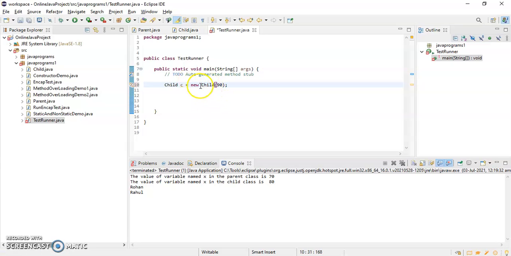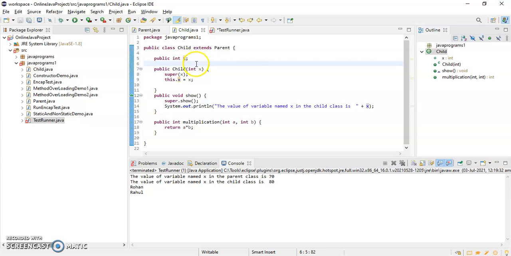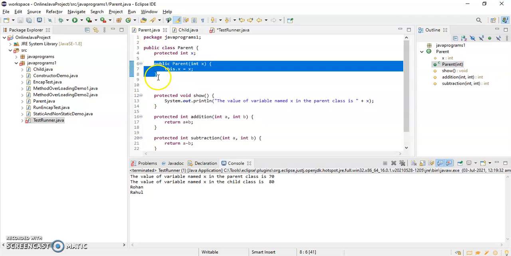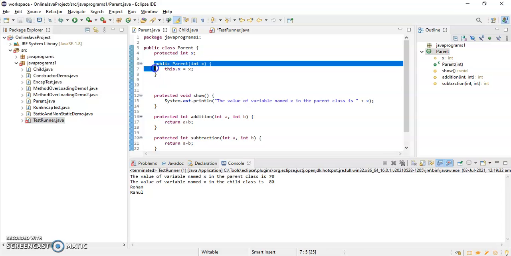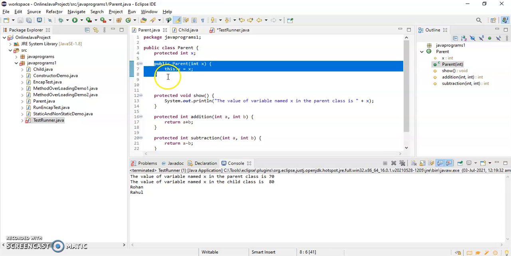As we know, a constructor gets invoked when an object is created. So this child class constructor will get invoked, and from it we are calling the parent class constructor using the super keyword. It will initialize the x variable of the parent class.